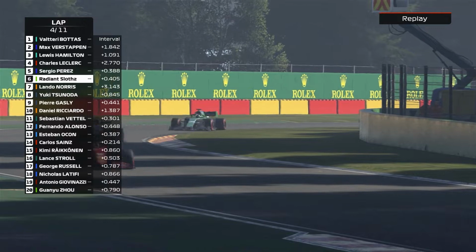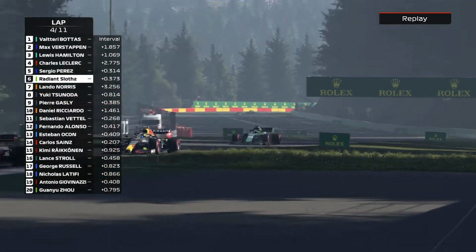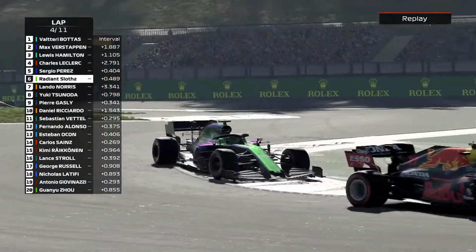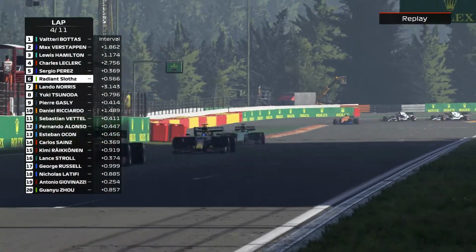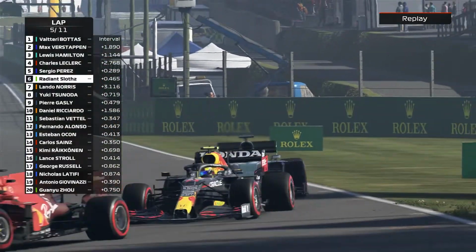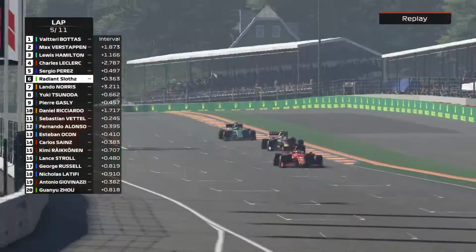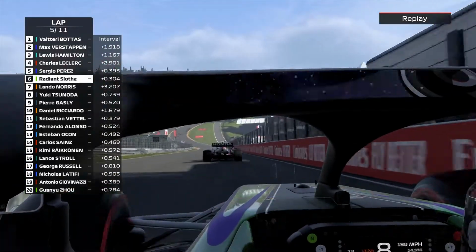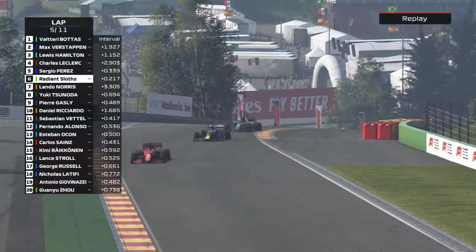Coming down towards the bus stop chicane. No doubt these three will be battling all the way to the end of the Camel Straight from here, unless one of them bins it into the barriers. Closing up nicely into the bus stop chicane. A short burst of DRS down the pit straight will surely help them here. Charles Leclerc, to our understanding, driving the second fastest car of the bunch. However, in the hands of Radiant Slothz, he's able to do magical things with this car, which is still officially